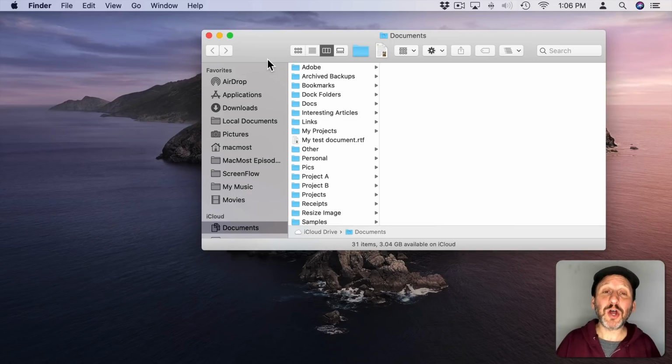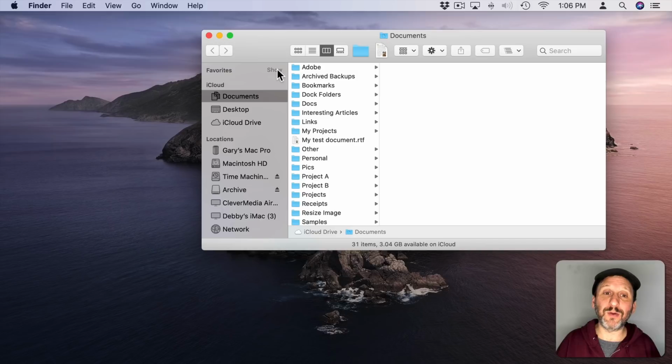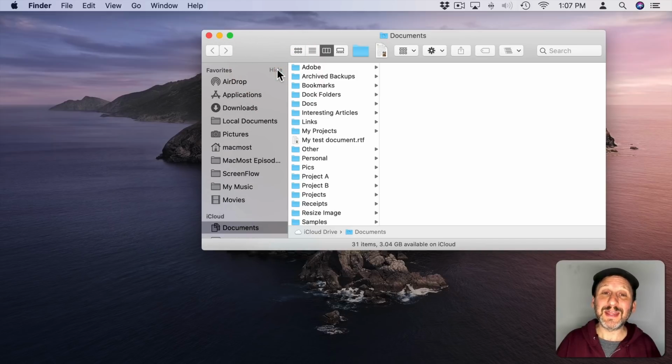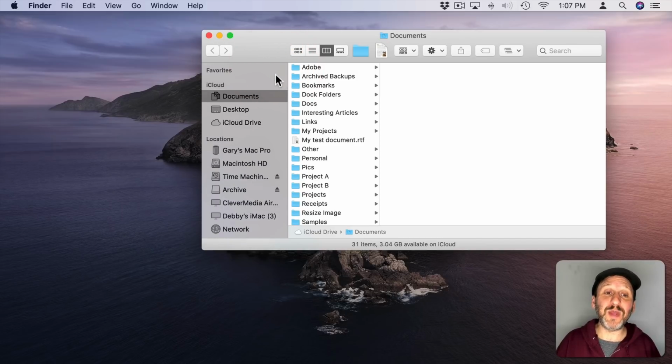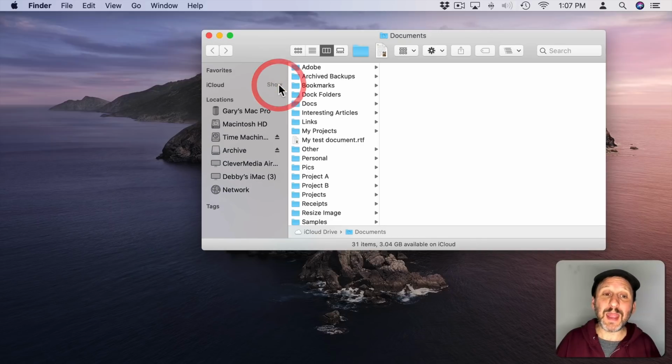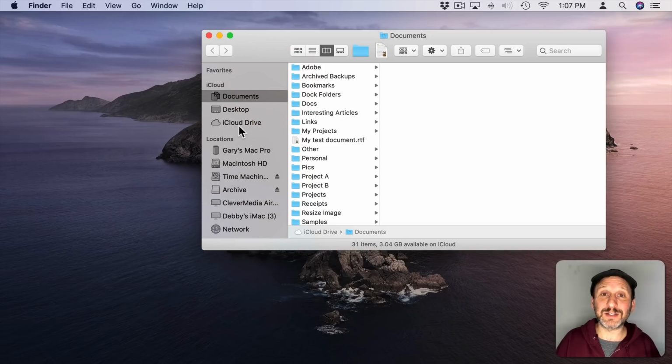And while we're talking about the Finder sidebar, notice that every one of these categories here, if you move the cursor over it, you'll see a Hide button. And you can click that to hide the whole category and click it again to show it. This hides things for a lot of people. For instance, I'll get people asking me, hey, where'd all my iCloud stuff go? It used to be in the sidebar. And if you don't move your cursor over there to look, it looks like it's just gone. Only if you move your cursor over there is the hidden Show and Hide button there. And you can click it to unhide that stuff and reveal it.